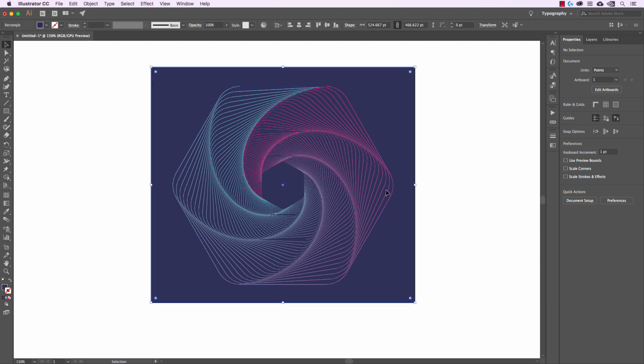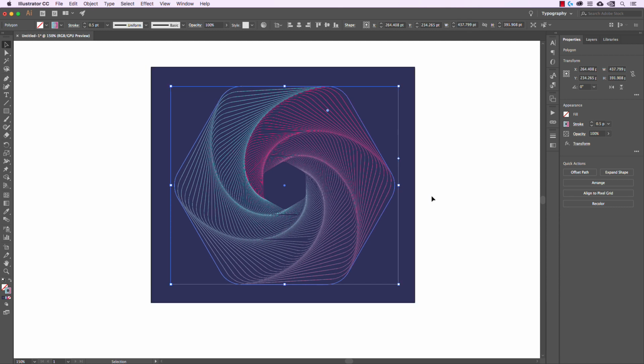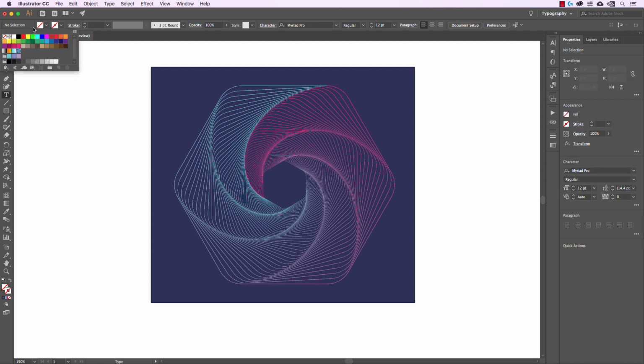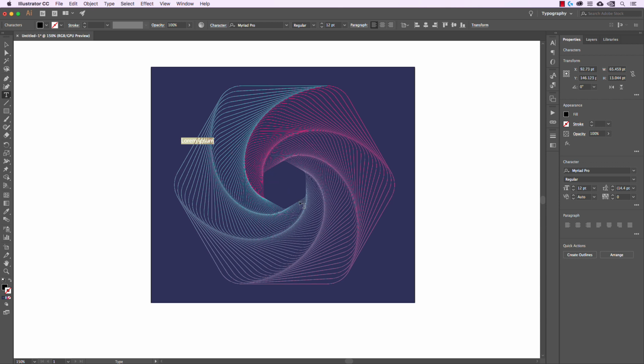Last thing I'm going to do is overlay some text on this. And this is optional. This is just if you want to create more layers to your design. So I'm going to grab the type tool. Again, I'm going to take away the stroke. And I'll go with white type since my shape is dark. I think white type is going to look best. And I'll click to just sort of add a word. And I'll add the word dive, since this is really feeling like I'm falling into the spiral. I'm going to choose white and choose some kind of font. I'll go with Gotham, one of